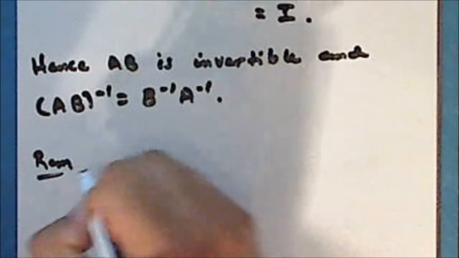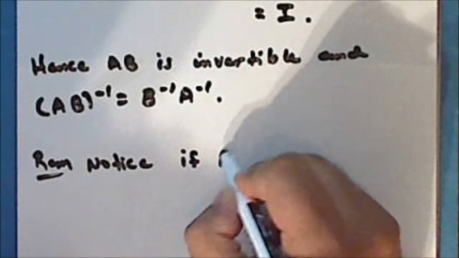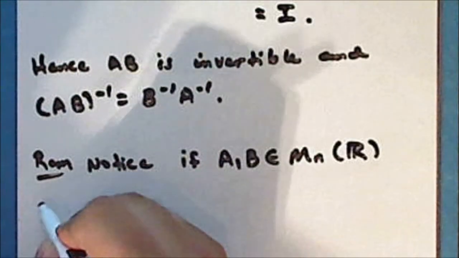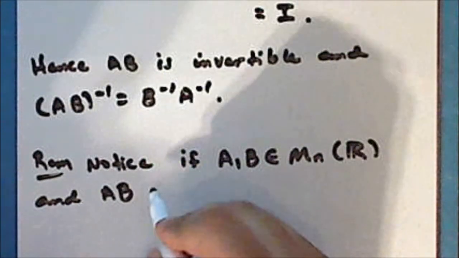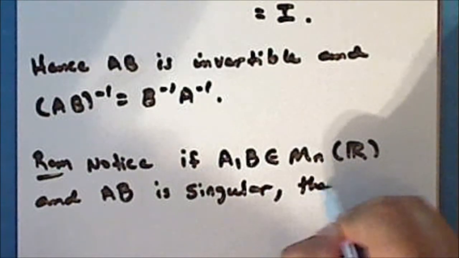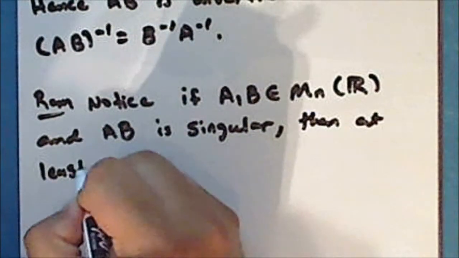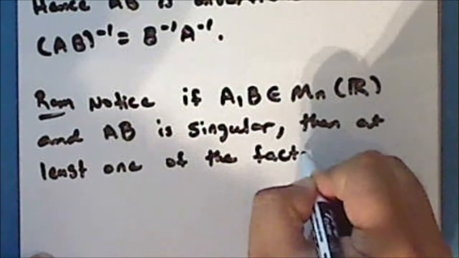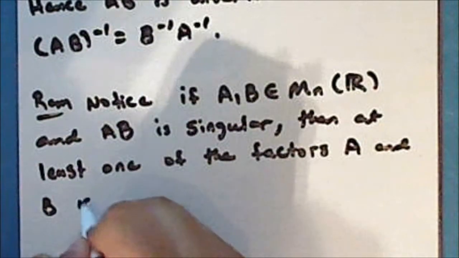So notice that if A and B are both square matrices of order n, and their product, A times B, is singular, then at least one of the factors, A and B, is singular,